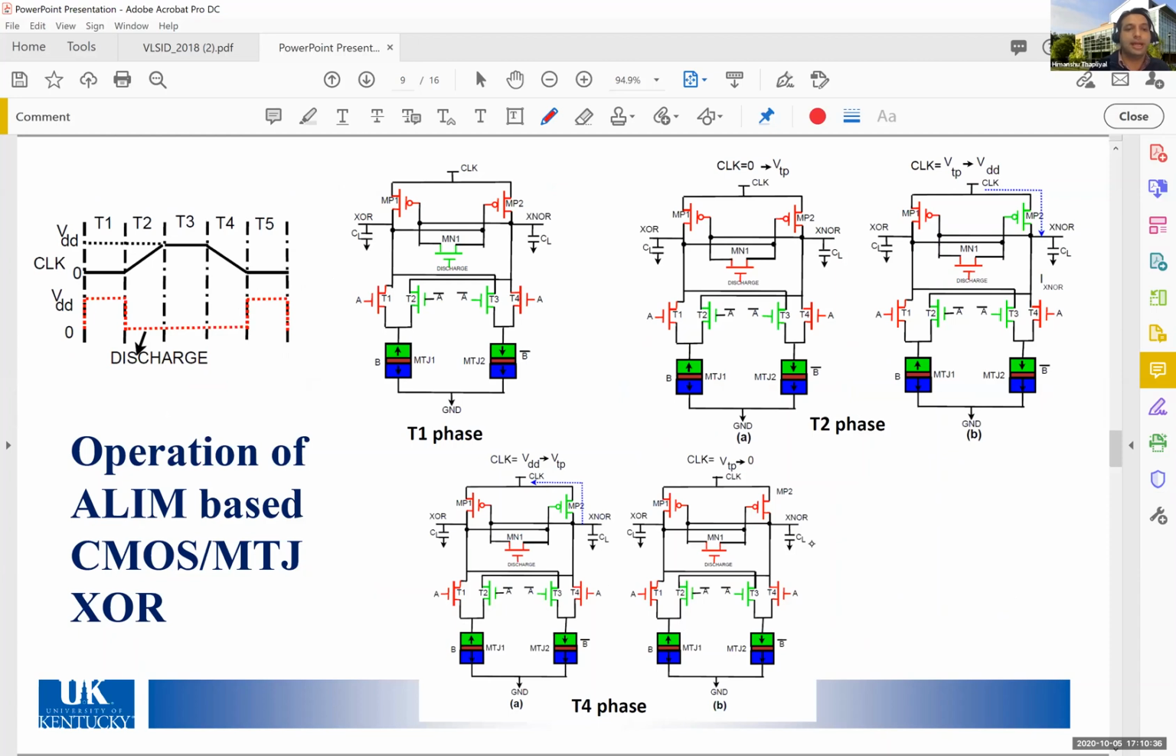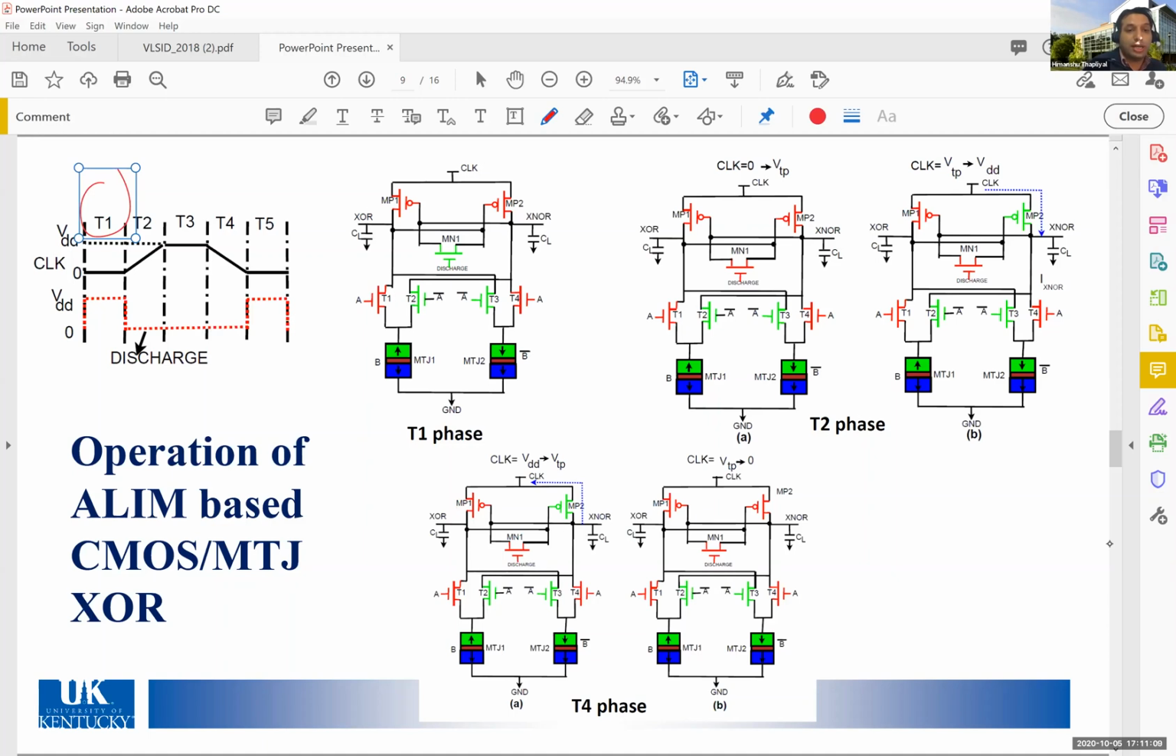Here you can see that, assuming this is the T1 phase, it is also called the wait phase that is being represented here. So here you see that this M1 transistor is on, and we are assuming that the resistance of RMTJ1 is greater than the resistance of RMTJ2. So what is happening in this case is that after some time,